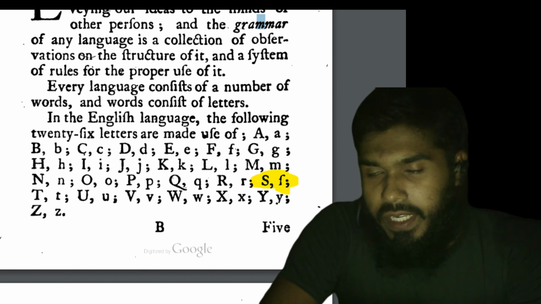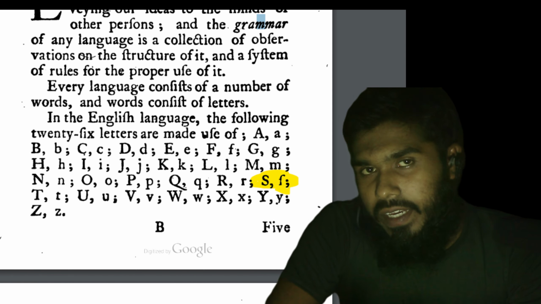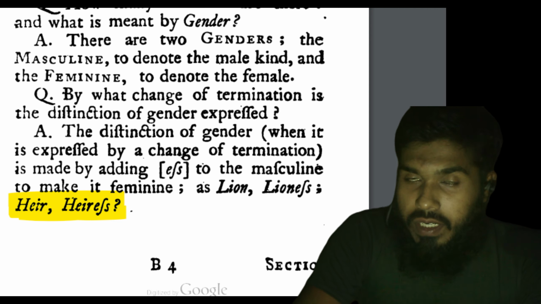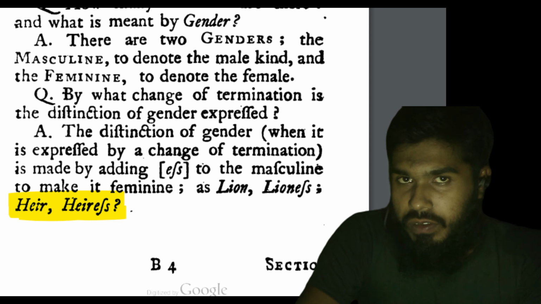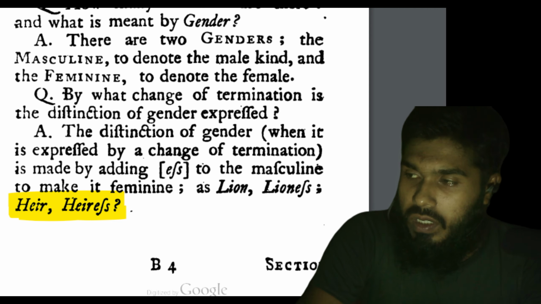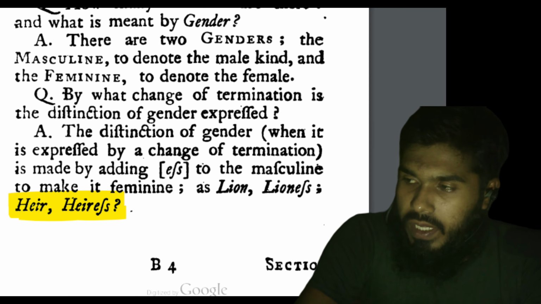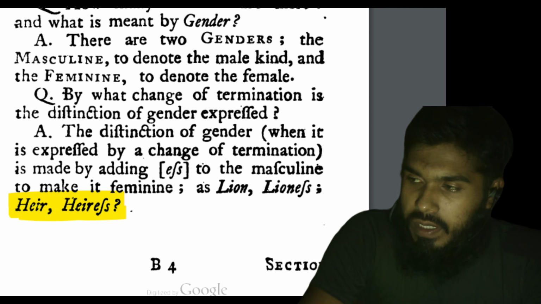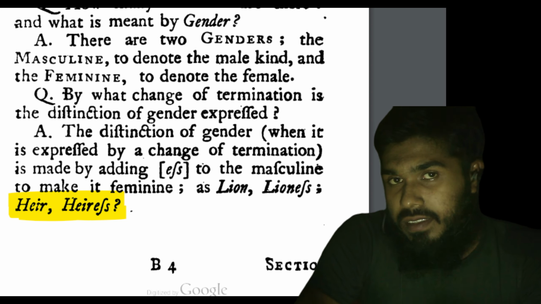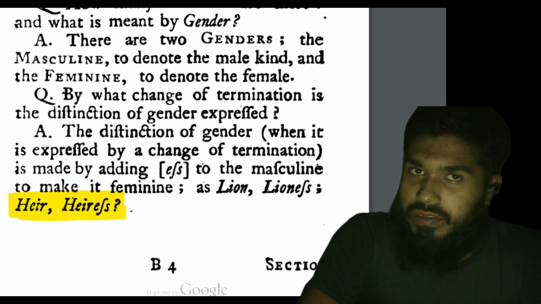In the beginning of a sentence, it was introduced as a short S written like an F. If there was a double S, used consecutively, then the first one would be written like the soft S and the second one would be written as the normal S. The example here completely demonstrates that the second S is the normal S that we use, and the first S is the soft S. So going to our next example,